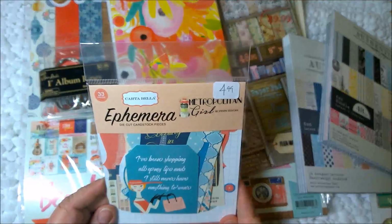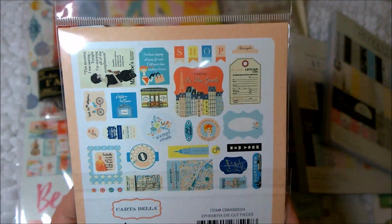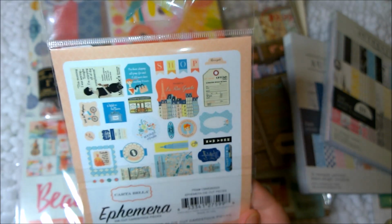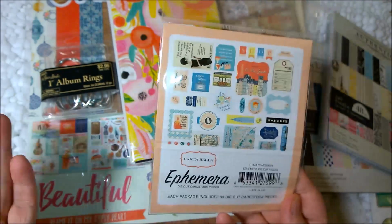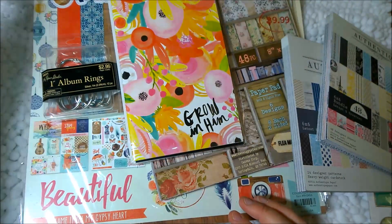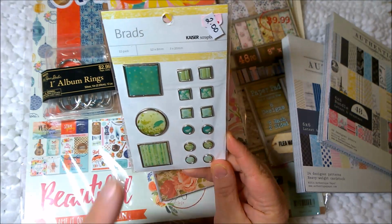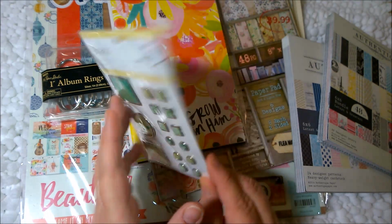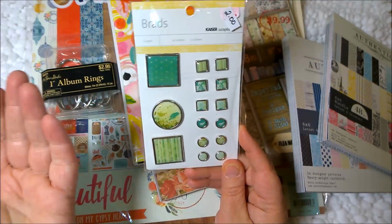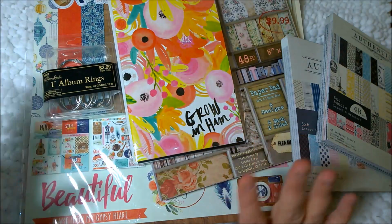And then I picked up the ephemera pieces, not even realizing that I already bought these. So this is a duplicate, but that's okay because it just gives me more things to do with it. And since I have the big paper pad, or pack of the paper and the stickers, and then I also have the 6x6, this gives me a little bit extra to work with. I got one more thing from EMI, and it's little brads. This was on sale for $2, and it's by Kaiser Craft, and I don't know what line it goes with, but I can always use more brads. I use them a lot. So that is the official end of the EMI scrapbooking store,